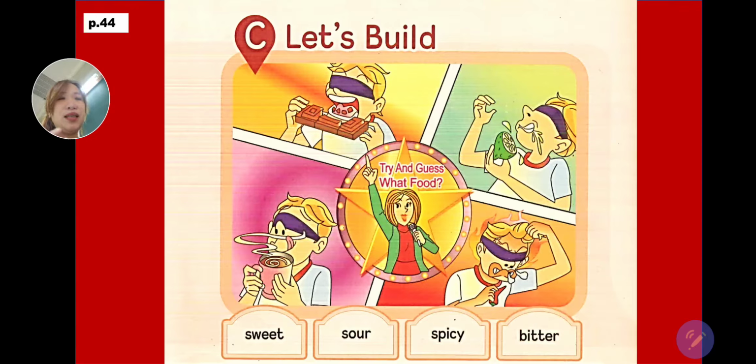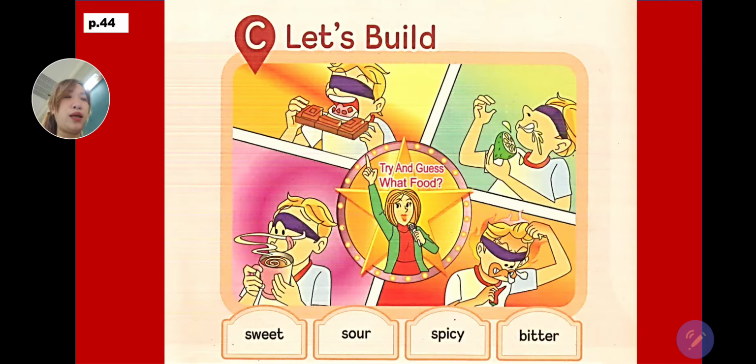So we can see, try and guess what food. 现在我让你猜猜看哦，他吃到的是什么食物呢？Try 试试看 and guess 来猜猜看 what food 是什么食物呢？好，So we can see the number one sweet. 这我们可以用放进来我们的问句里面的，可以形容这个食物的，它是甜的，它是酸的，它是辣的。So sweet 甜的，sour 酸的，spicy 辣的，bitter 好苦哦。OK bitter 苦的，酸甜苦辣。